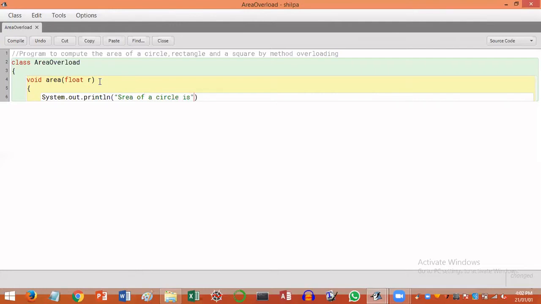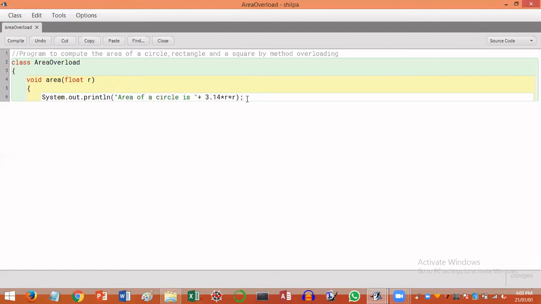So what is the area of a circle? It is computed with the formula 3.14 into r value into r value, isn't it? So this will print the area of a circle.